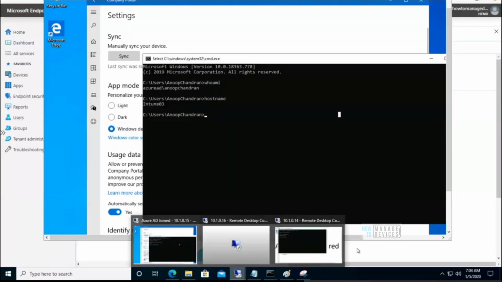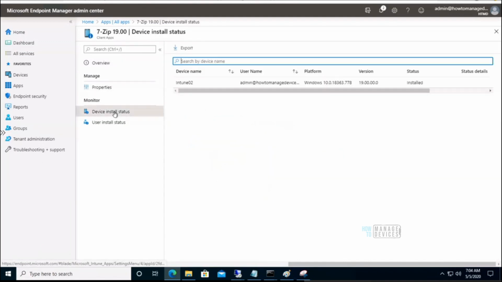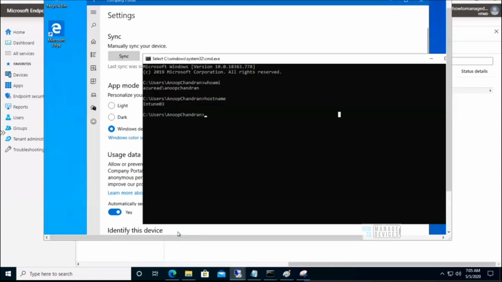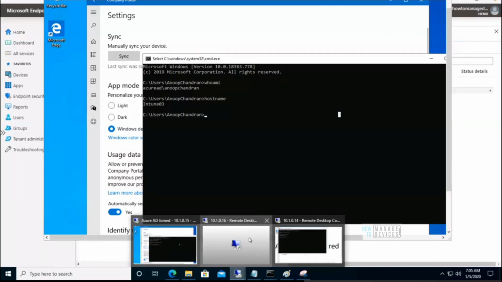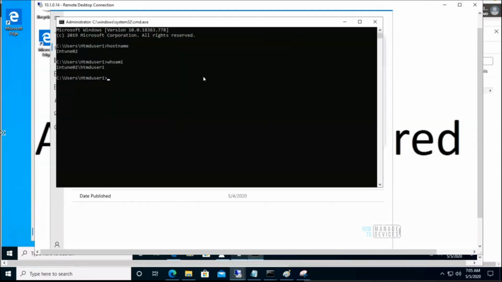Which machine was it? I forgot which was the machine. This is Intune 03, this is Intune 04, and this is Intune 02.